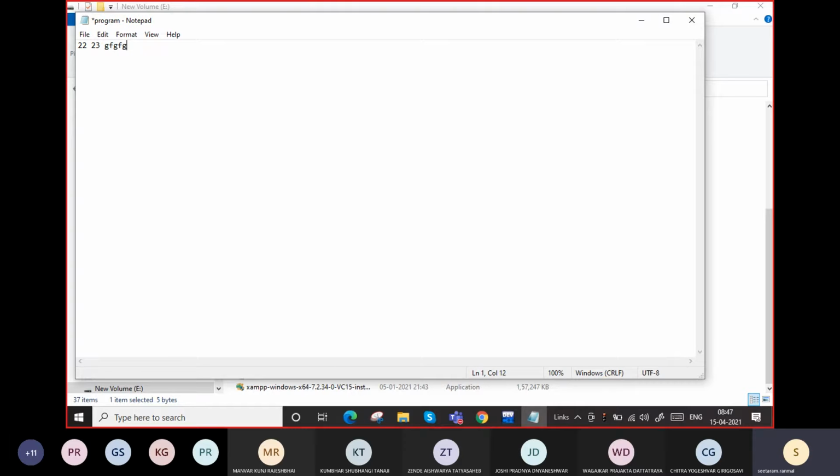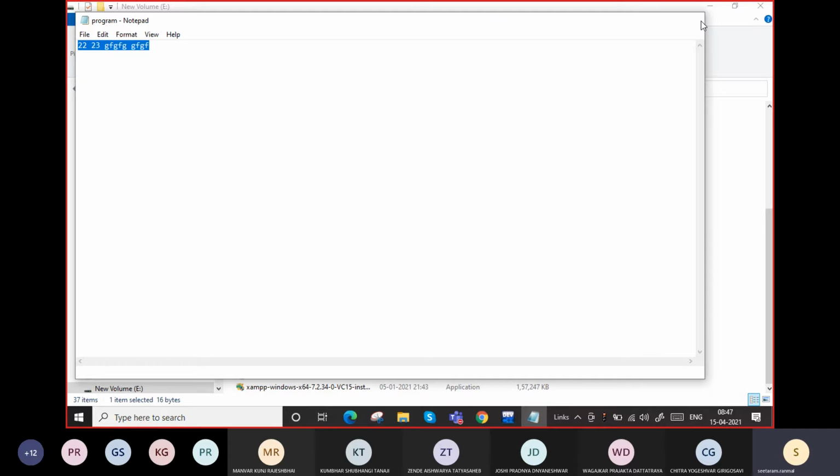I can type in here, which means I can read or I can write a file. Notepad allows you to write something on the file and you can read it also. So let's focus on writing to a file.